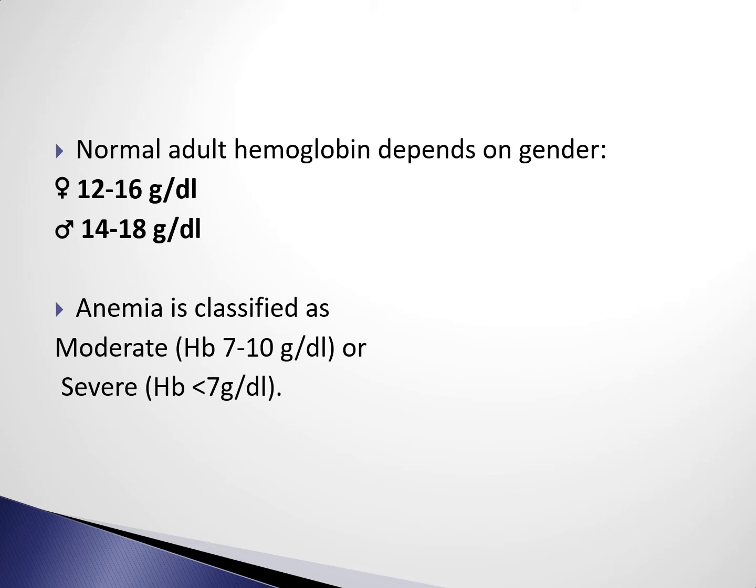Now, anemia is classified according to its severity, like whether it's moderate or severe. It is according to the concentration of hemoglobin in the blood that we classify anemia. Why is it important to know the hemoglobin concentration, whether it is moderate anemia or severe anemia? According to that, we'll decide the treatment. Are we going to give oral iron preparations, or are we going to go to parenteral iron preparations? Whenever it is severe anemia, you need to go for parenteral iron preparations to recover the condition of the patient.